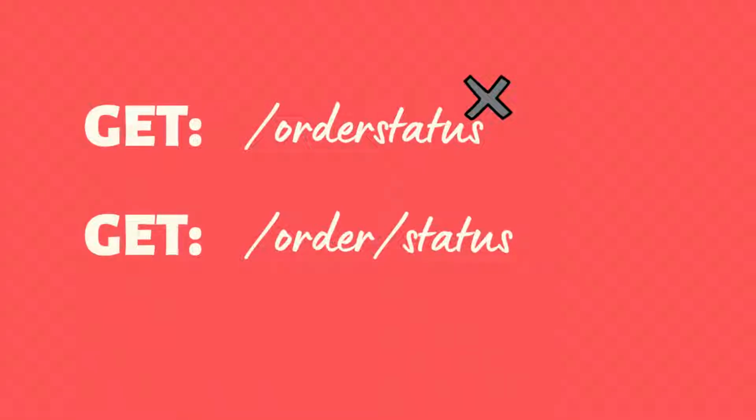That will help us to understand the actual purpose of that API, and also help us to make a collection of APIs. So you can keep all the order APIs in a single bucket, and then differentiate inside that. You can use order create, order status, and order cancel APIs inside the order collection. And how we create a collection, and inside that how we create multiple APIs, we are going to look into in the upcoming videos.